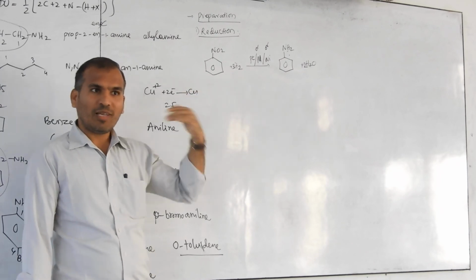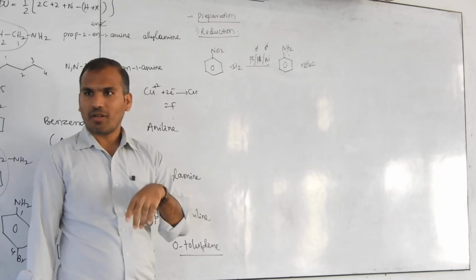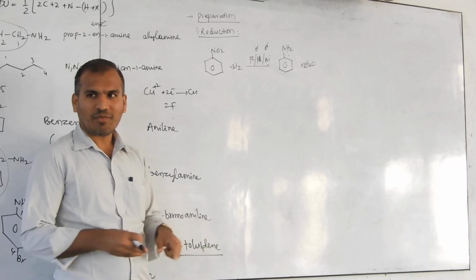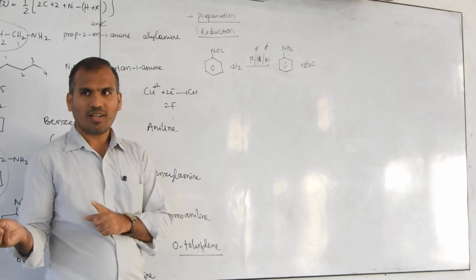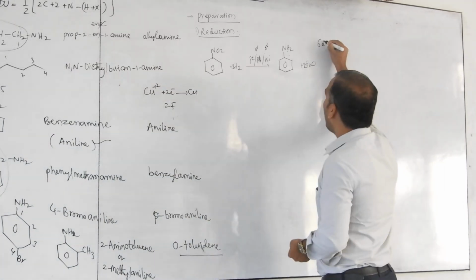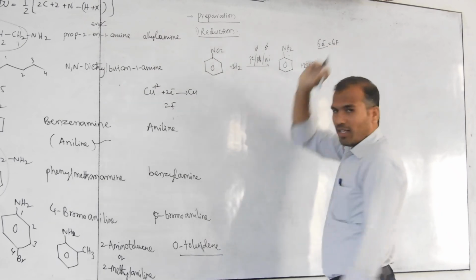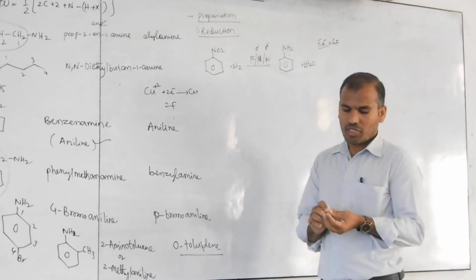So they will interlink. We cannot predict which type of question they will ask. We are thinking of an organic chemistry reaction, but they will link to other physical chemistry chapters also. So you have to consider here 6 electrons or 6 moles of electrons, then 6 Faraday will be required. Otherwise, they may ask the question differently.